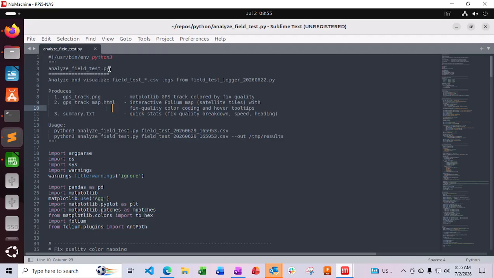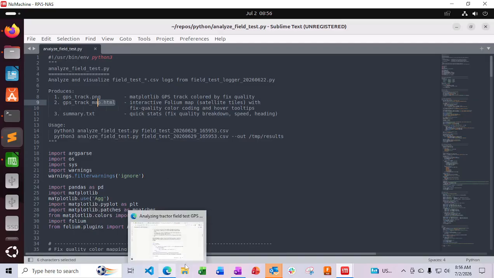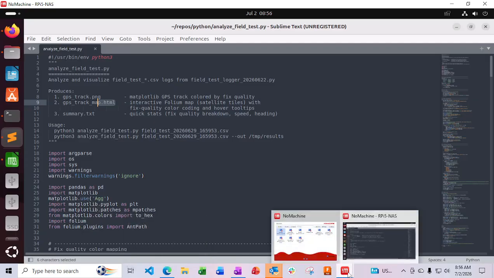This is the script that it provided, analyze field data, and it outputs a straight up .png file, and it also gives me this HTML file, which has a little bit of interactivity to it. So yeah, this is just the beginning of trying to test the data. Now, what is the data telling me? The data is telling me I need to get a better Wi-Fi signal,